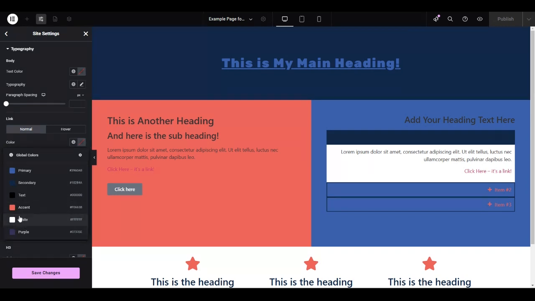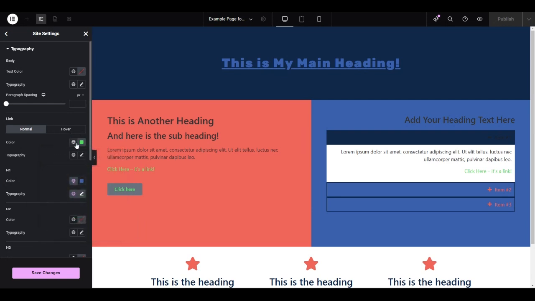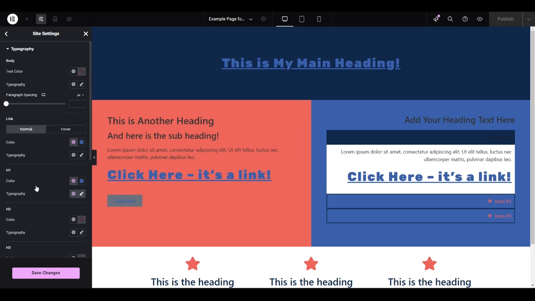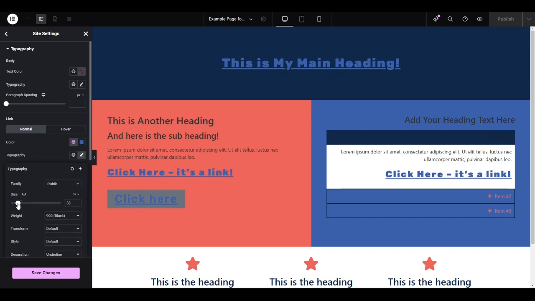We can choose from your colors that you've got here. You can also choose a completely random color by using the color picker if you want to, but because we're trying to stick with our branding colors, I'm going to click on the global icon and just go with the primary color to start with. And let's change the typography here as well to our primary one that we've selected, but I'm going to actually edit that now